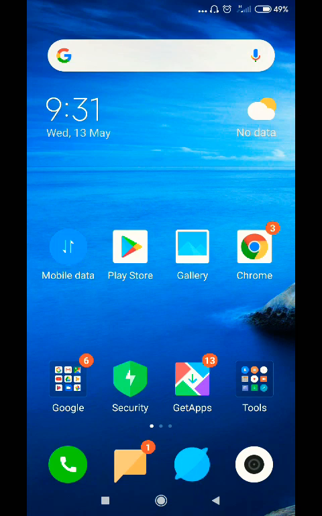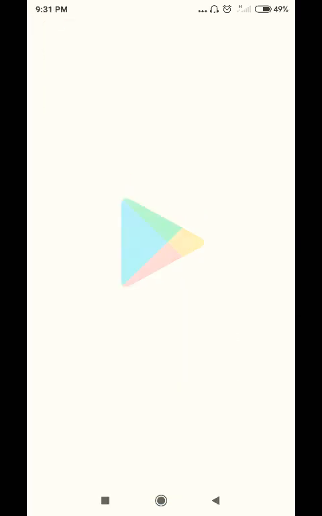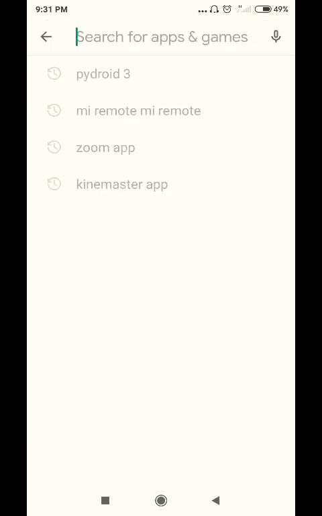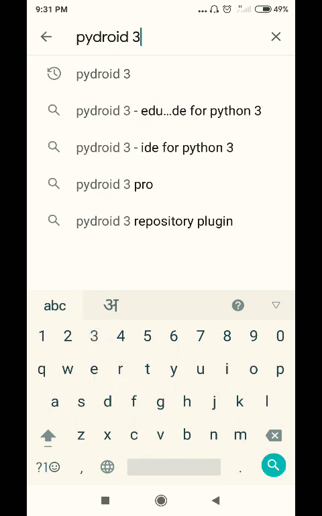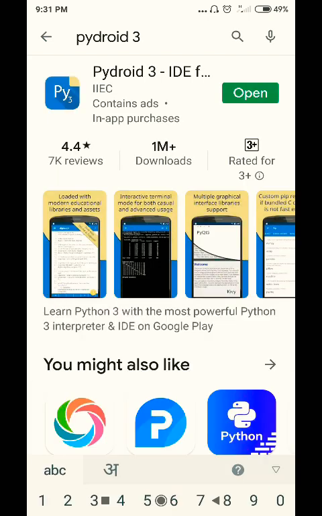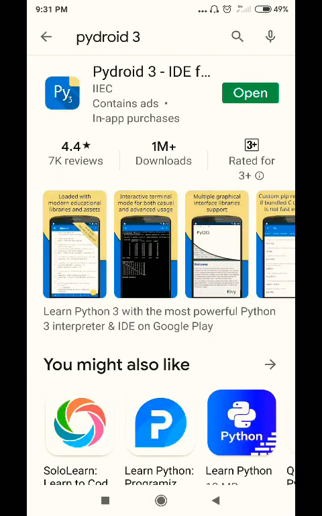Okay, students, open Play Store and type PyDroid 3. Install this app,